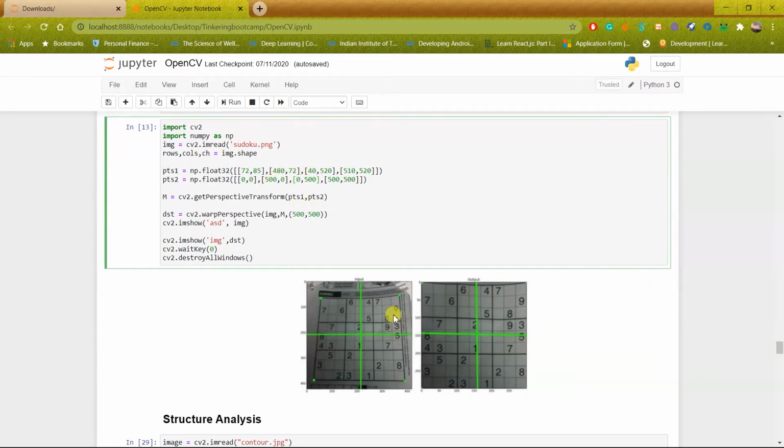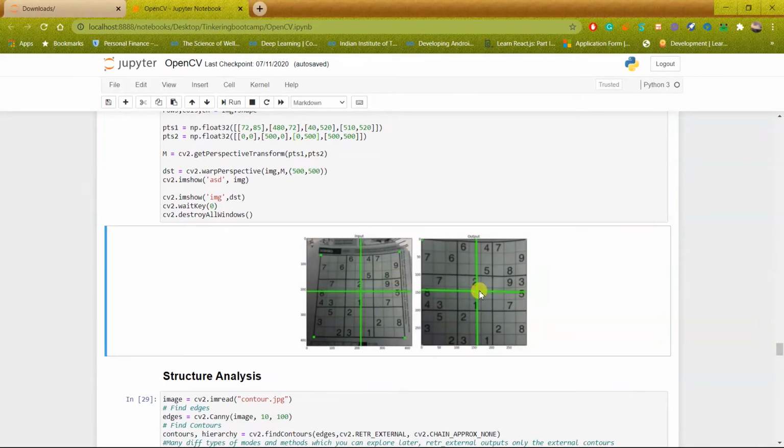So this will give an output similar to the one which you can see below. It will map the points onto the corners of a square, so it will give us a square, an image which is perpendicular to our eyes. Okay, so that's how the perspective transform works.